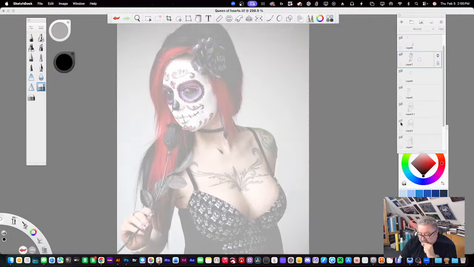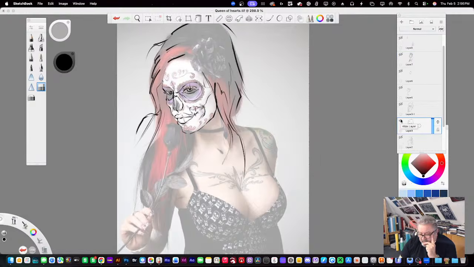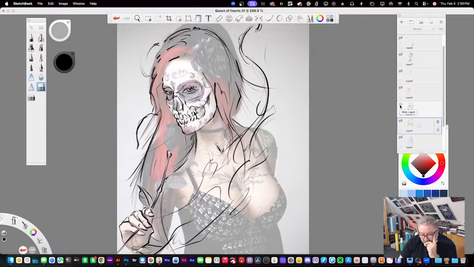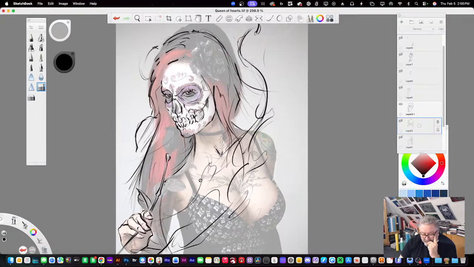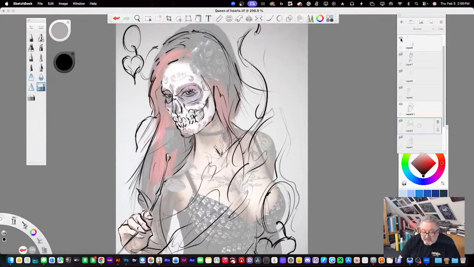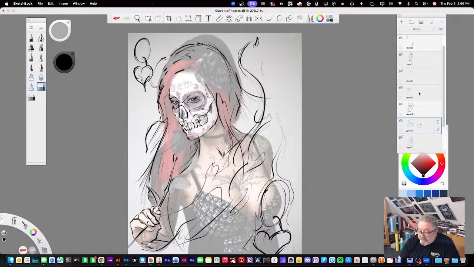So what I did is a quick rough overlay. I basically used her position and the hair placement for some of the position in the hand. I didn't want to use her face, I didn't want to use the photo other than for positioning. So then what I did is I put a Queen of Hearts and one of my roses from my rose collection.